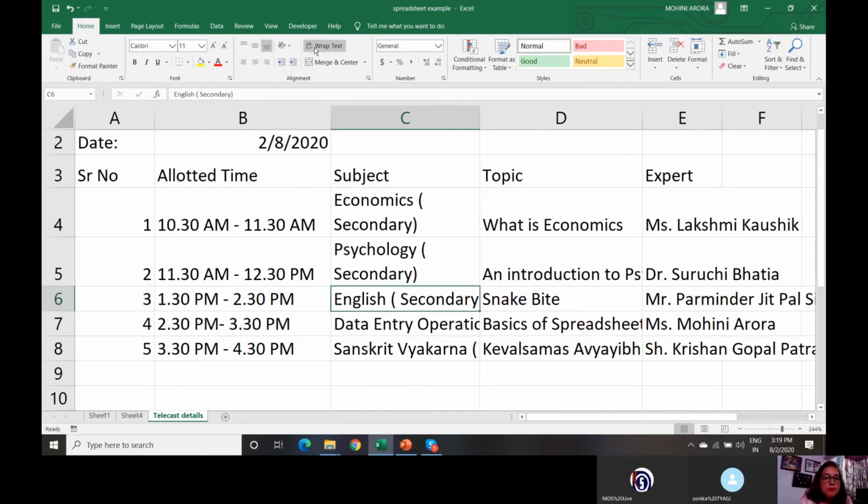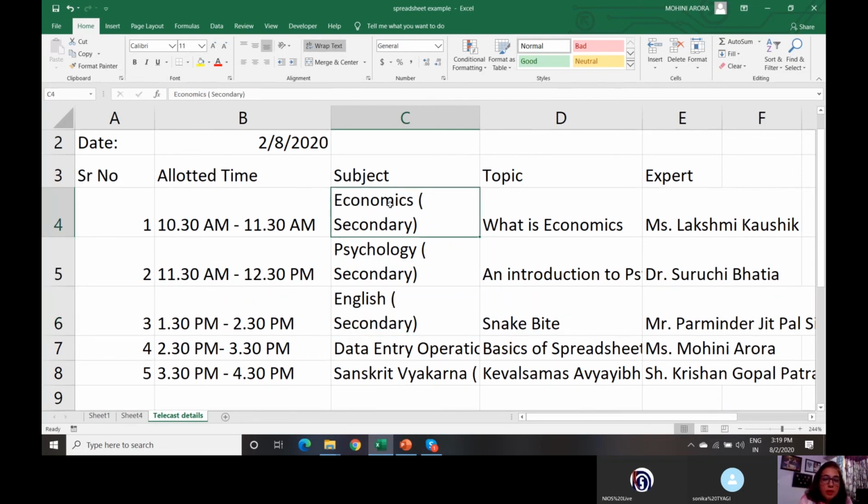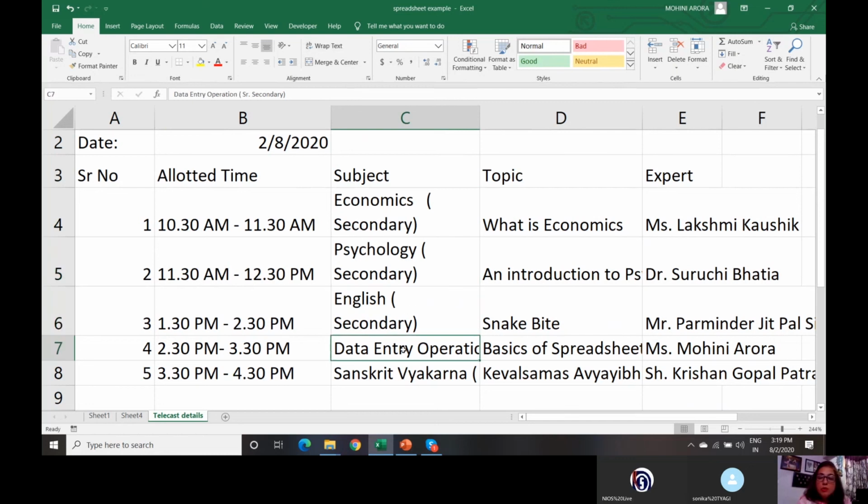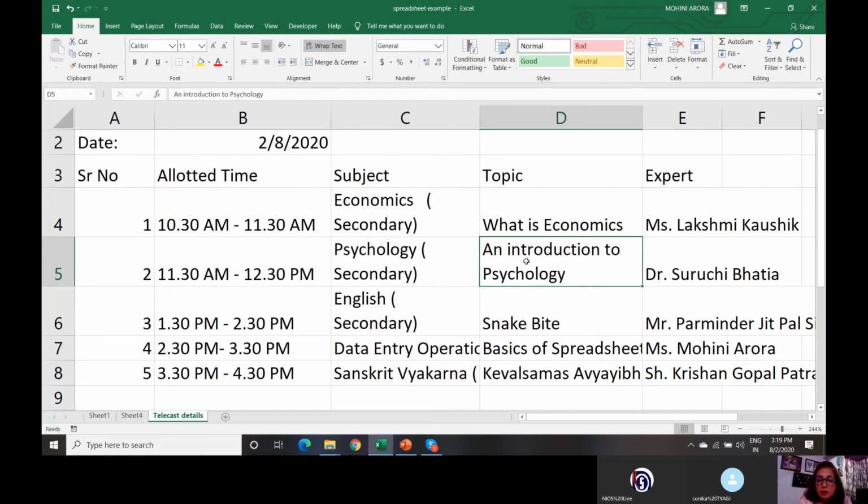See, I can view. If you feel, no, I want this thing to be visible completely, I can do that. So this is how you do the wrap text feature, which will help you to view the entire content of the cell at one go. You need not scroll it or you need not see in the formula bar what is visible. So this is the wrap text feature, which helps me to view.